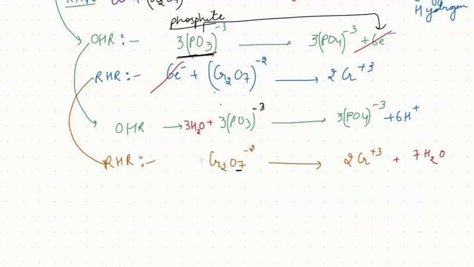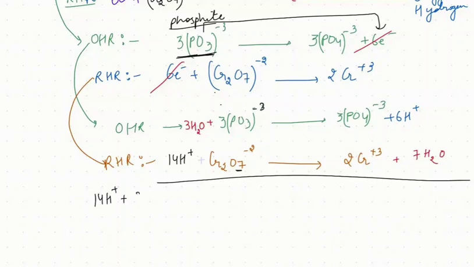I have to add 14H+. Did you understand? Yes. And hence, when you get the equation, you add it up. So basically 3 water. So overall you added up 14H+ plus 3 water plus 3 PO3 3-